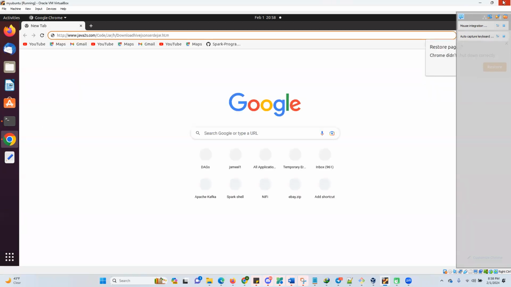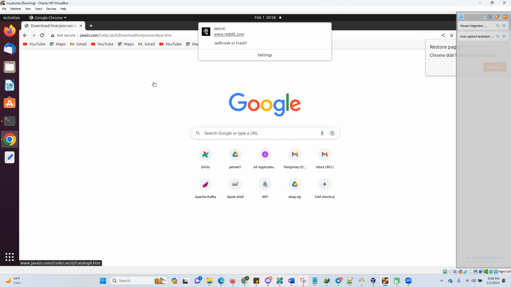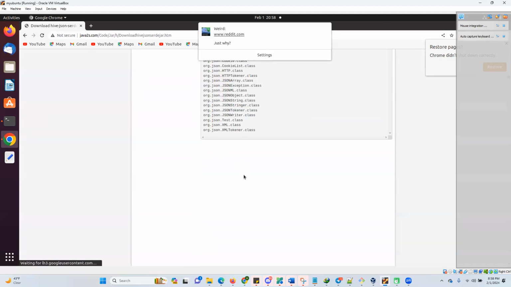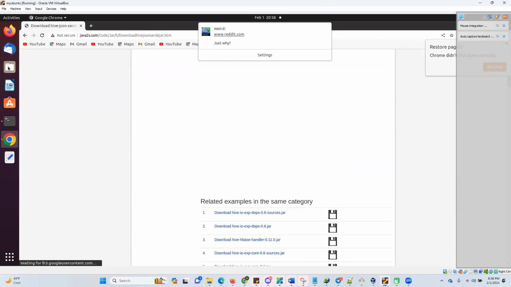Yeah, taking the example of JSON SerDe. Okay, we'll see the example. Download the jar. These are already here. This jar we can keep in some folder,